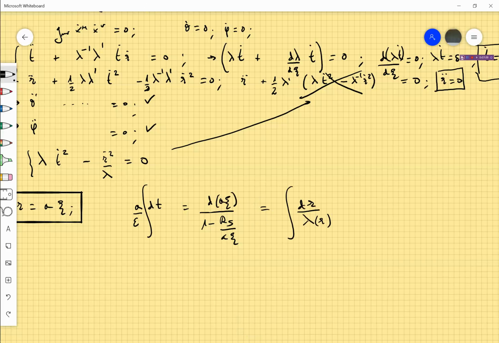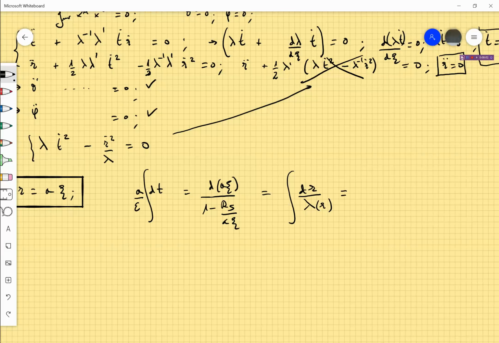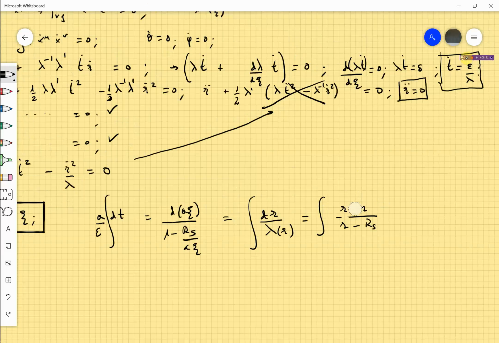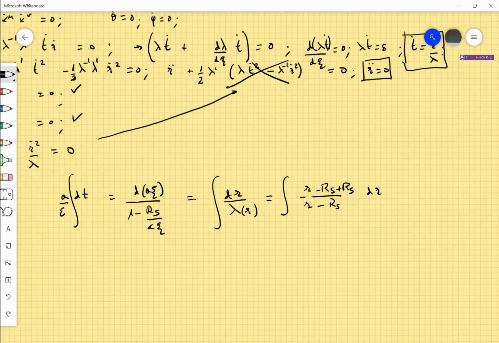We can integrate both sides, and this integral, which is 1 minus rs divided by r, dr. What I do is I multiply numerator and denominator by r, then I subtract and add rs, okay, everything times the dr, and this is clearly 1 plus rs divided by r minus rs, dr,